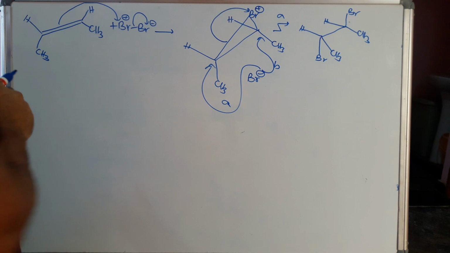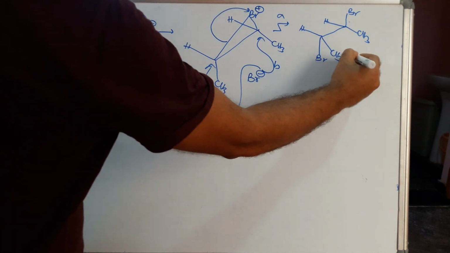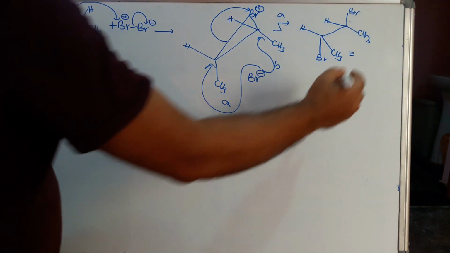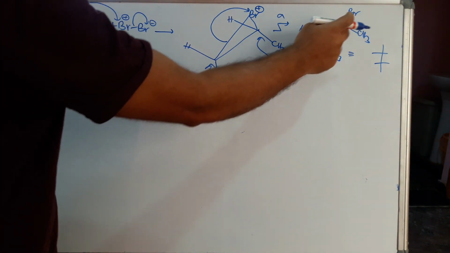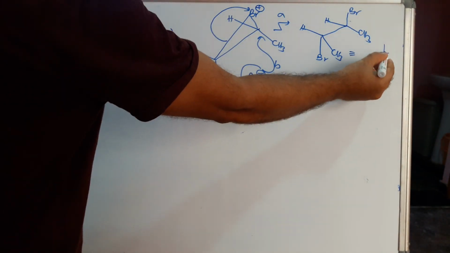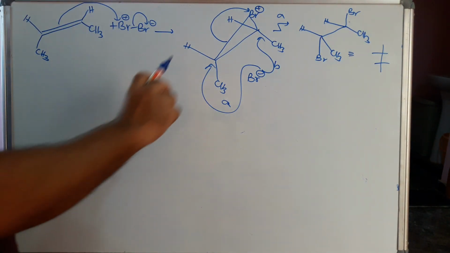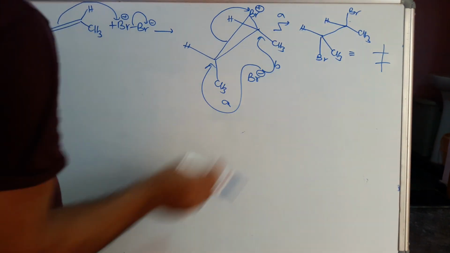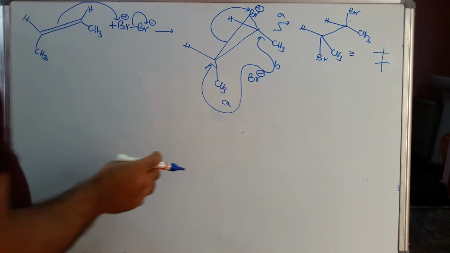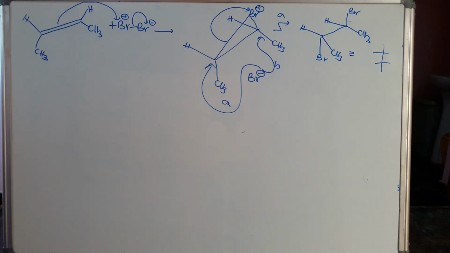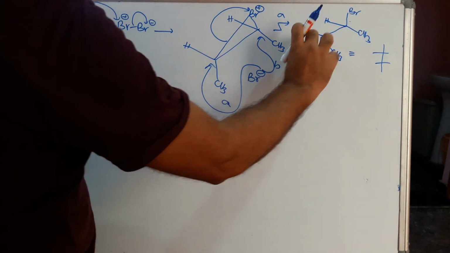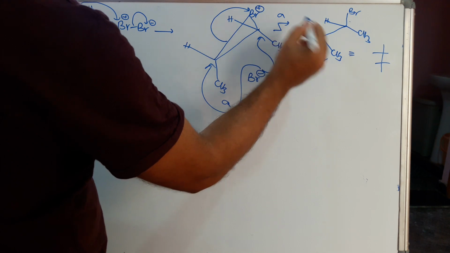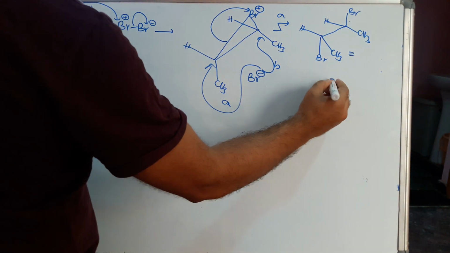When it is Sawhorse projection, then we can convert it into the Fischer projection. In Fischer projection, how to convert? How many carbons are there? 1, 2, 3, 4. So there are 4 carbons. So just rotate this molecule. If you rotate this molecule, then what products will we get? If you rotate this molecule, bromine will come to the left side as a Y shape. Otherwise, once again I will write here.